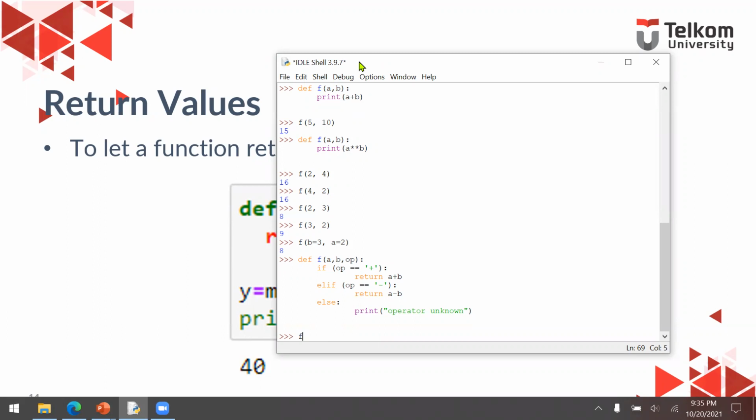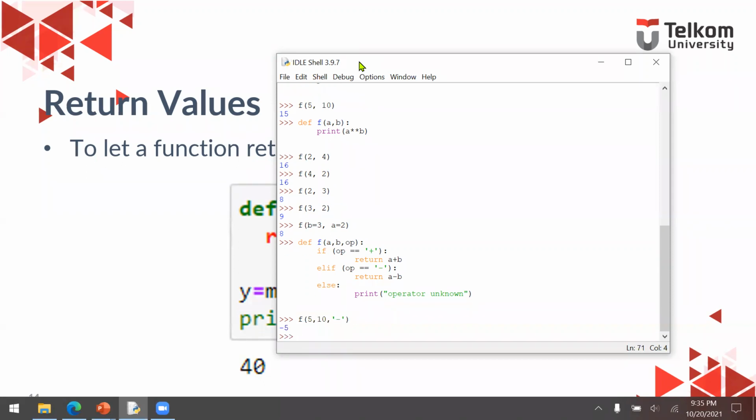Now let's say I'm going to send the parameters 5 and then 10 and then minus. Okay. It will print minus 5. And then let's say I'm going to take something like this. C is equal, sorry, not equal. C is going to have a value from the function with parameters 5, 10, and then subtraction.